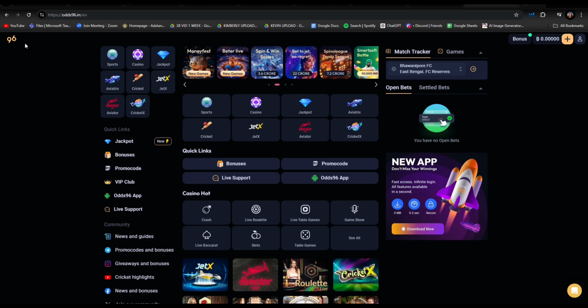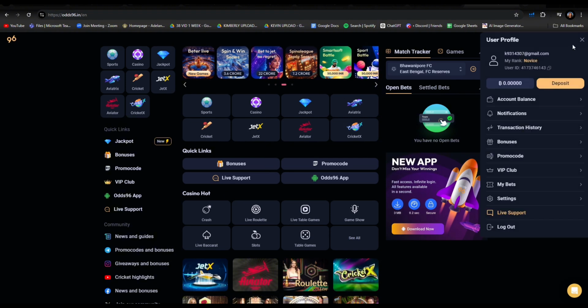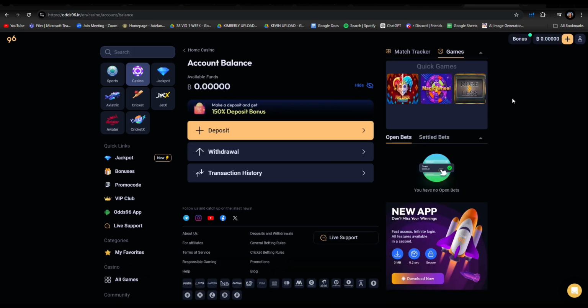First thing you have to do is to sign in to your Odds96 account. Once you're here, go to your profile at the top right corner and tap on account balance. From here, you can see two options, to deposit and to withdraw. So of course, tap on withdrawal, but make sure that you have balance because if not, then you'll be asked